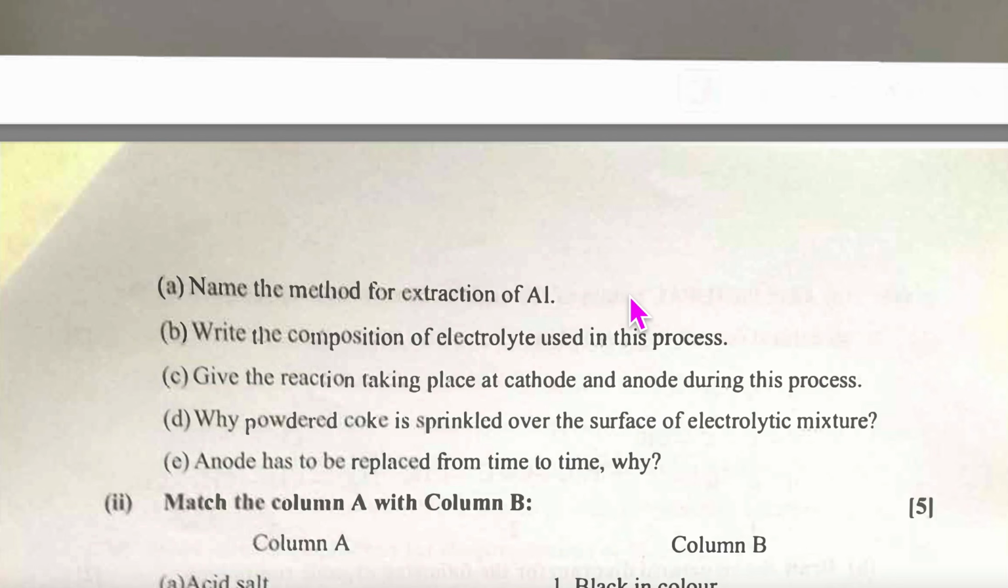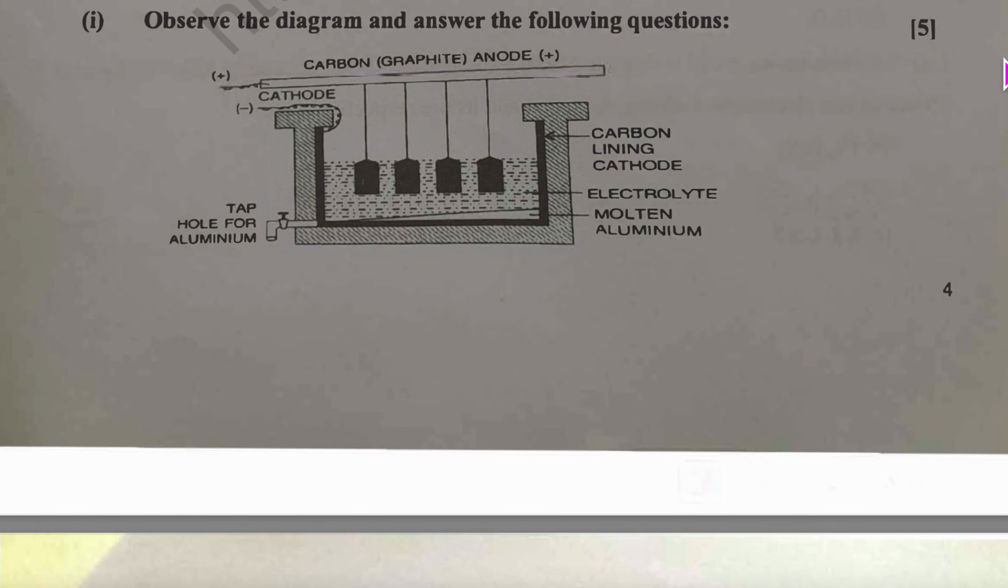Reaction at cathode and anode. Reaction at cathode. Before that, Al2O3 dissociates into what? 2Al3+ plus 3O2-. So your cathode reaction is going to be, tell me, 2Al3+ plus 6 electrons. Please write also so that